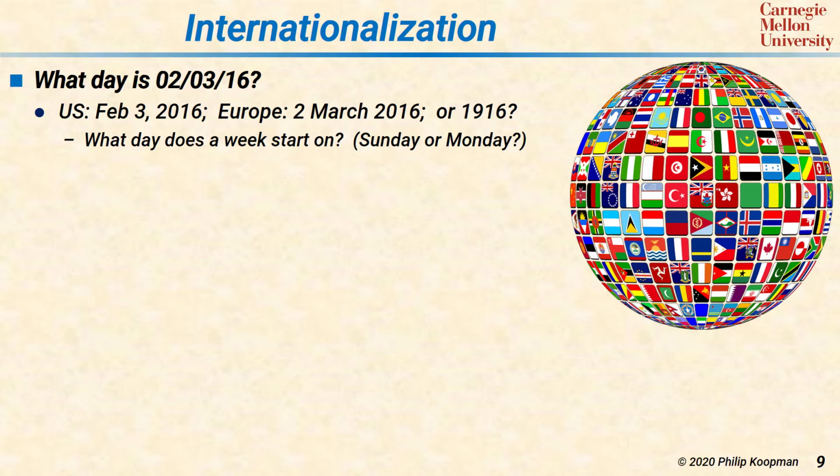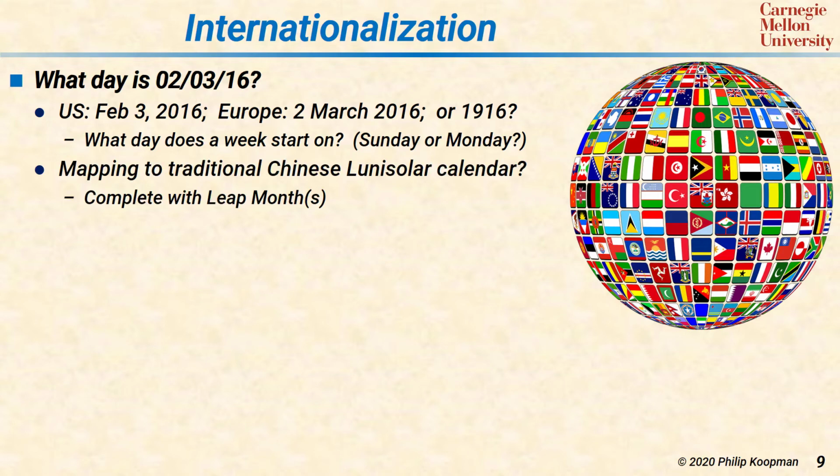A little more subtle, but just as tricky, is if you're displaying a calendar, the first day of the week could be a Sunday or a Monday, depending on where you are. And there may be even other variants I don't know about. Even moderately recent dates are not necessarily on the same calendar. China has a traditional lunisolar calendar, complete with a leap month, and translating from those dates to Western calendar dates